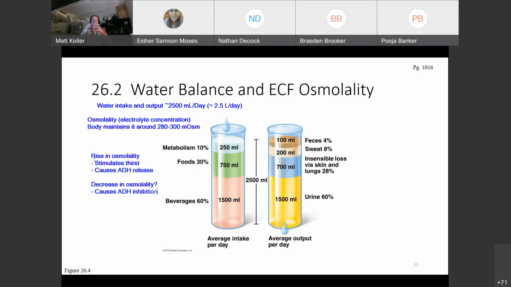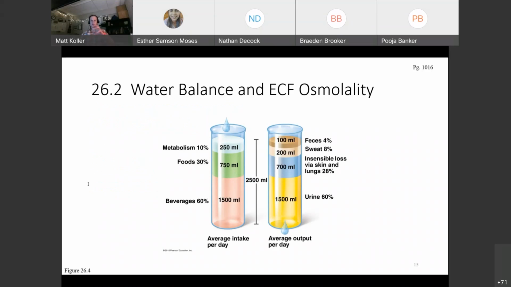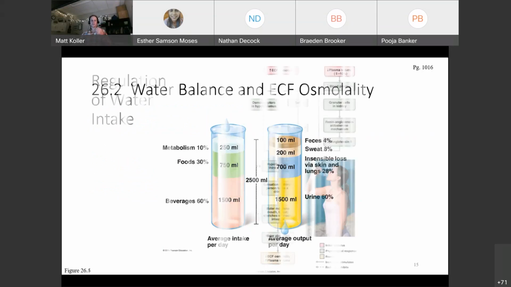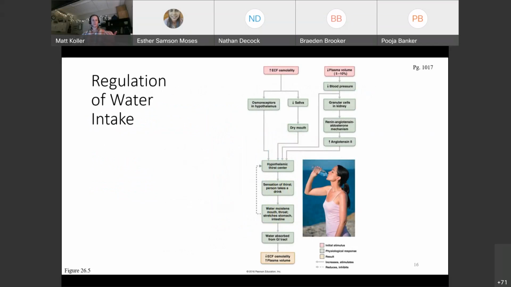Your body wants to get rid of water. So if the electrolytes are too diluted, it's saying, well, we want to increase the concentration of electrolytes. We're going to release fluid to increase the concentration of electrolytes. So the body has these processes to help control electrolyte balance. And it looks complicated, but it's actually a beautiful thing. So whenever you look at a diagram such as this, so this is basically page 1017.